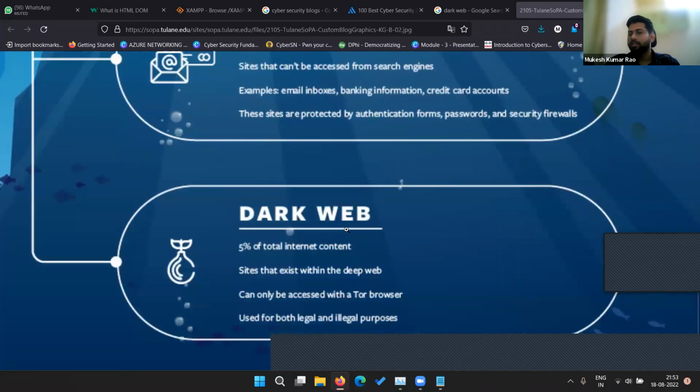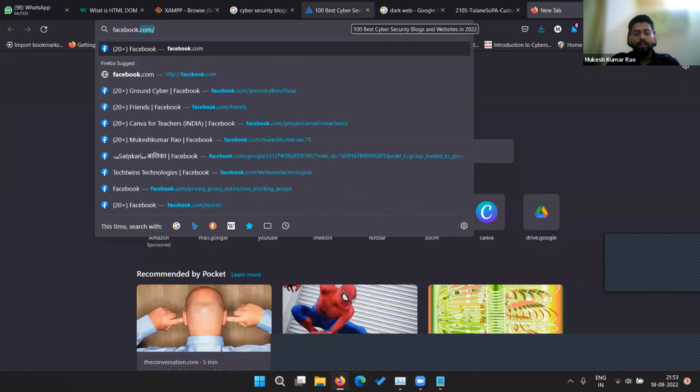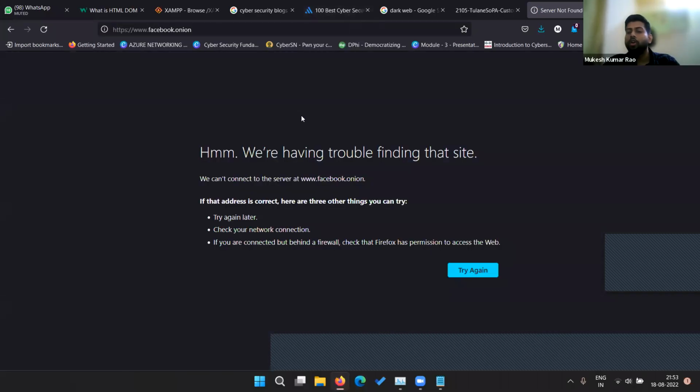If I try to open Facebook dot onion here, it will not run, because onion is not supported on a normal browser. Whether you are using Firefox, Chrome, Safari, Edge, or Brave, it will not support it, because it is built into the Tor browser network. So there it will work.